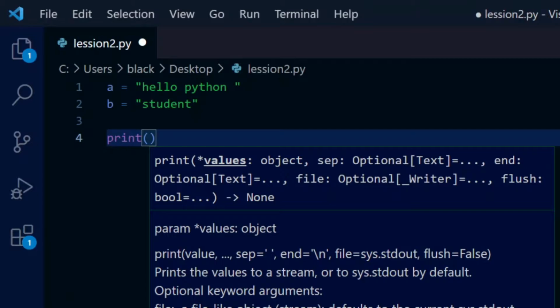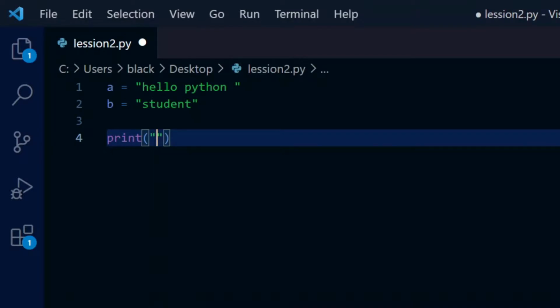The print function is basically a function that we use to display our outputs. Here we can use "hello Python student", and this will display hello Python student. Let's see.